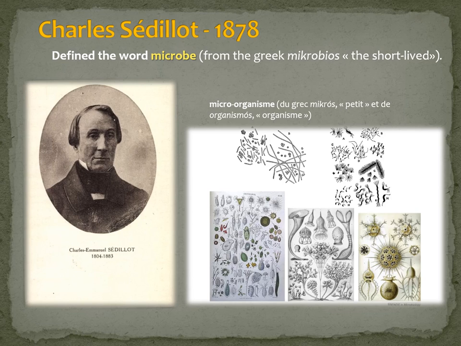So Cohn, in the year of 1878, was the first one to create the word microbe, to use the word microbe as referring to these small organisms. That basically means in ancient Greek microbios, the short-lived,